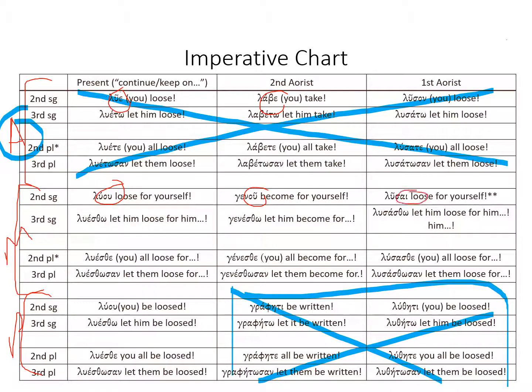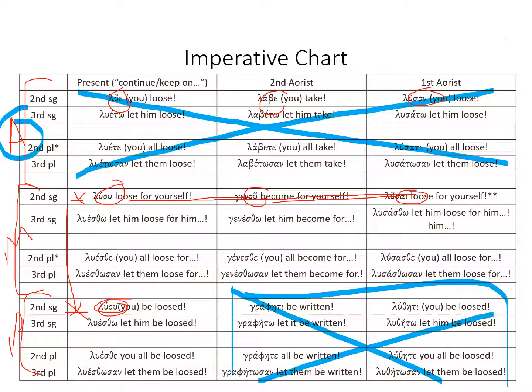The difference with the first aorist psi, just like we had with the son. So we have oo, psi, and then we come back down here to oo with the present. And we've seen this before, that the present middle is often the same as the present passive. In fact, they're always the same. The middle passive go together, the present active stands alone. So we have oo, sigh, oo.